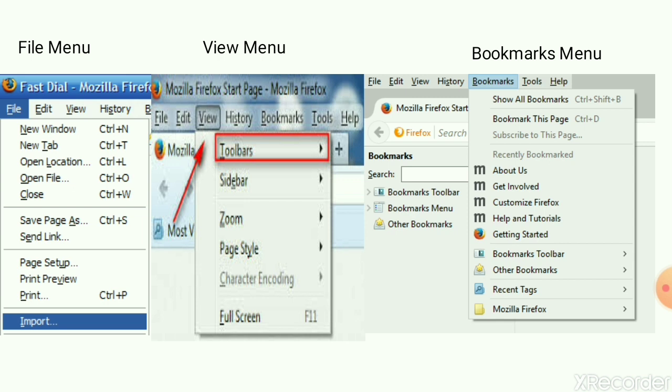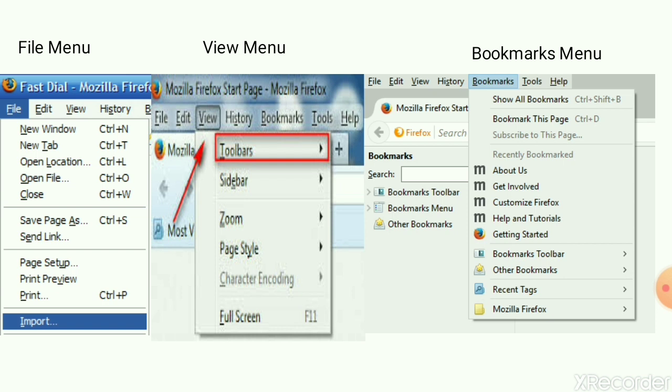In the file menu, new window is used to open a new Firefox window, and new tab opens a new browser tab in the current Firefox window. Open file: when you click on it, it displays a dialog box where you can select a file from your local disk or network to open in the browser.